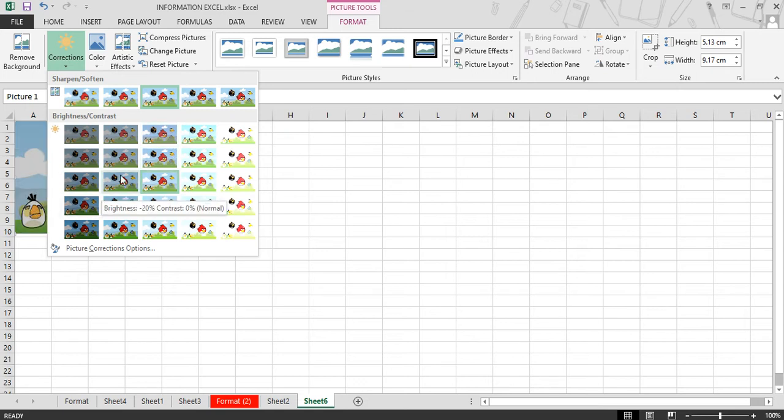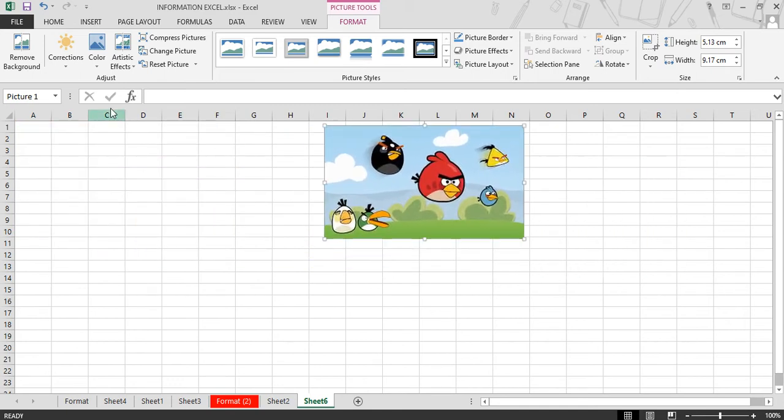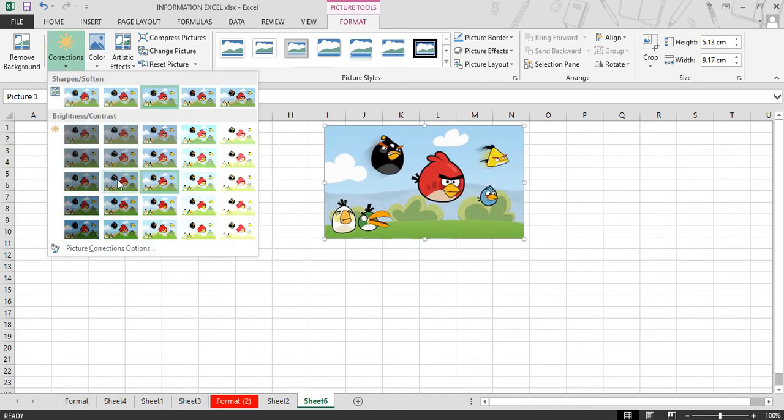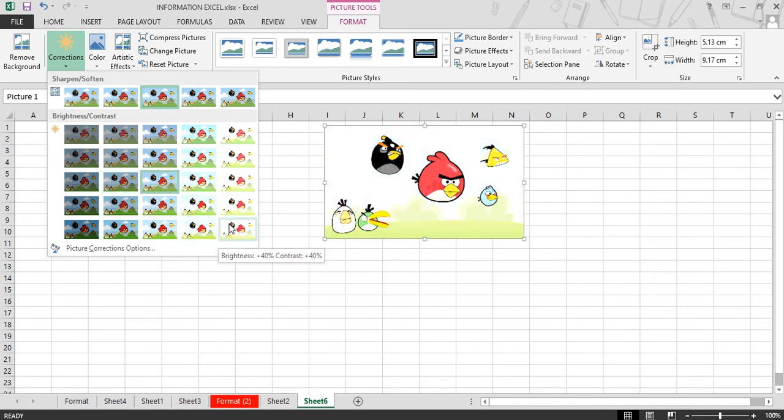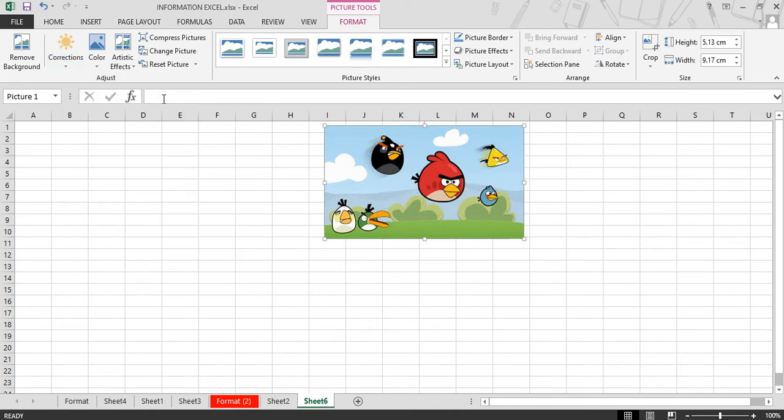or if you want to apply any type of effect on your picture. So I just move this picture to this area so you can see the controls properly. So the first option we have is, if we want to change the color, brightness and contrast of the picture. So we have this picture, like. So you can perform the correction.